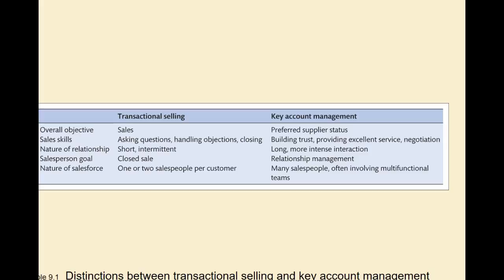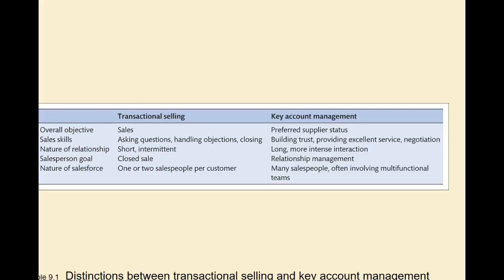Some of the distinctions between transactional selling and key account management. With transactional selling, the overall objective is basically sales. For a key account, it's going to be a preferred supplier status. The sales skills in transactional selling are asking questions, handling your objections, and closing. With the key account, you're going to be spending a lot of time with that customer, so you're going to be building trust. They expect excellent customer service,